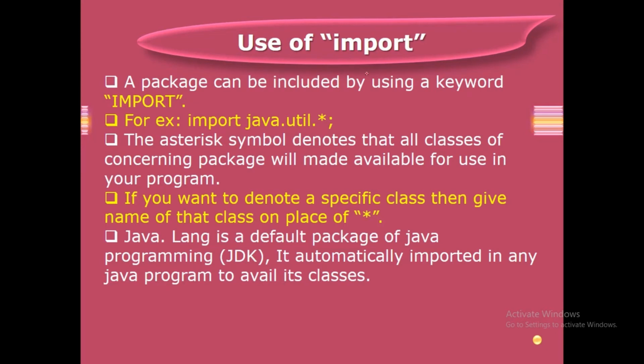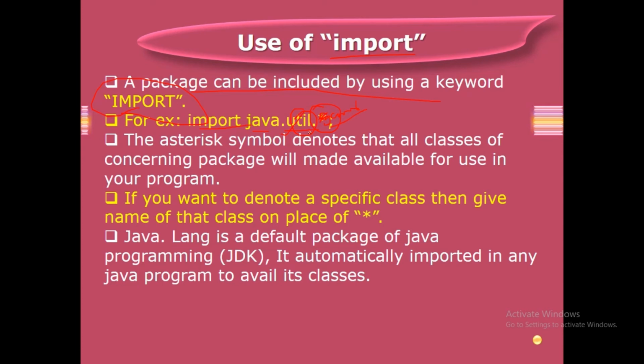So what is the use of the import keyword here? The import keyword is used to import a package. This is a keyword. Like that, we are able to use import java.util.*, which means all the files inside this util package you can access. If you give a specific name, for example Scanner, that means in the util package I am able to use only this Scanner class. I can't use another file or another class. If I am using this star symbol only, that means all the classes which are inside util I can use in my program.